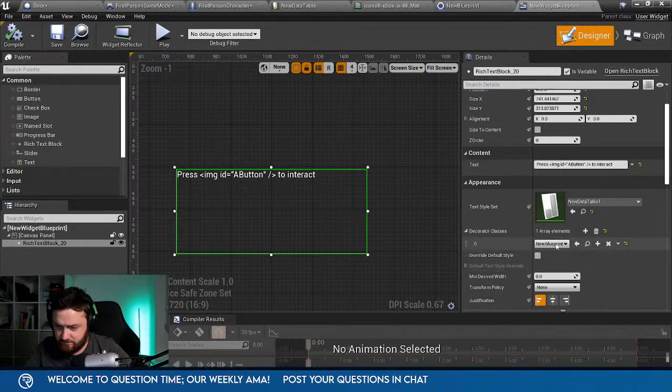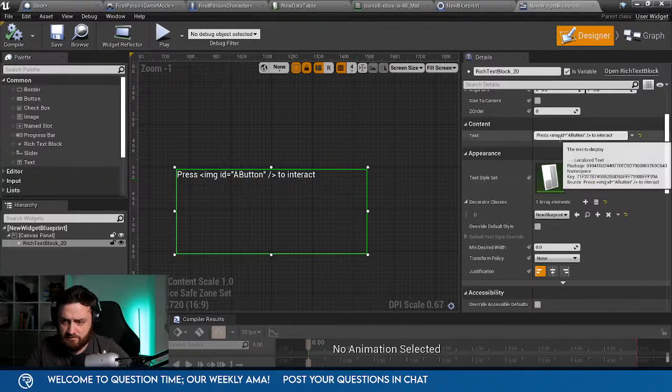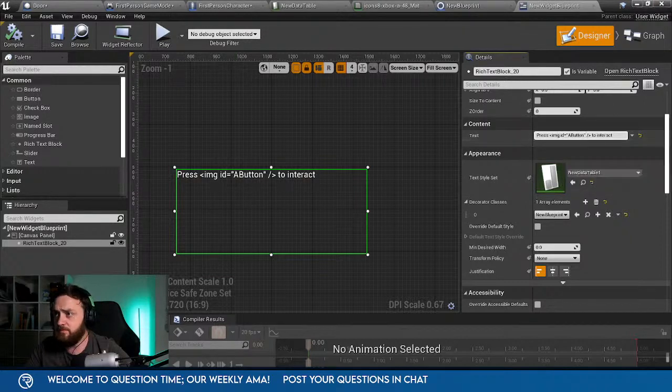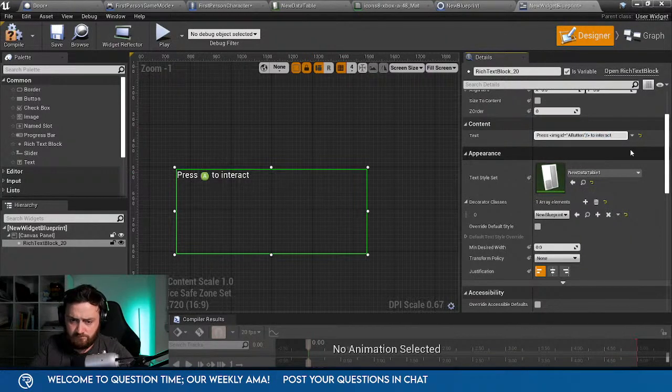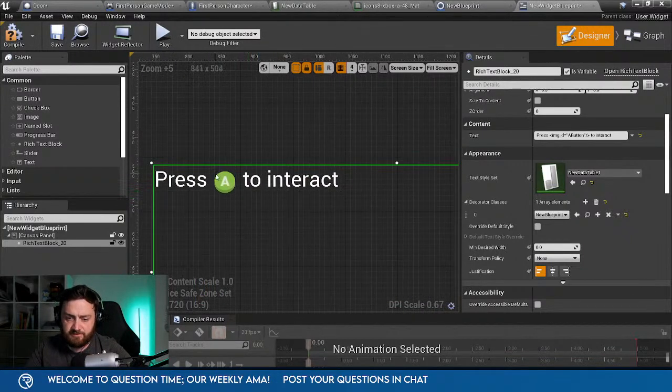Wait, not working. Hey, why is it not working? Yes, image. Oh, there you go. I had a space in there by accident. Okay, there you go. So push A to interact. It's now animated. Doing thing there.